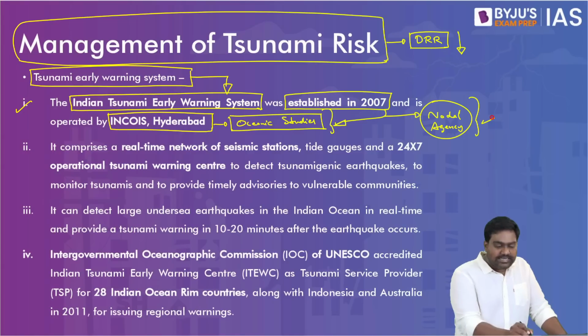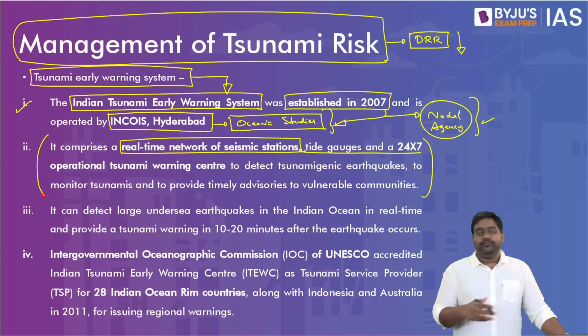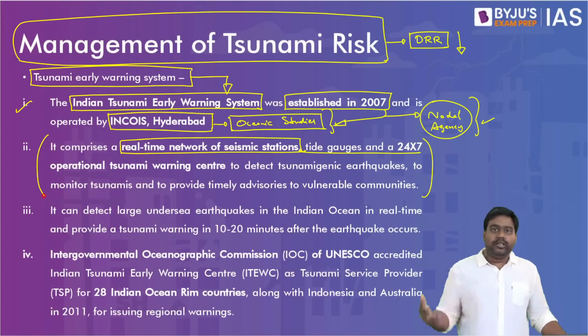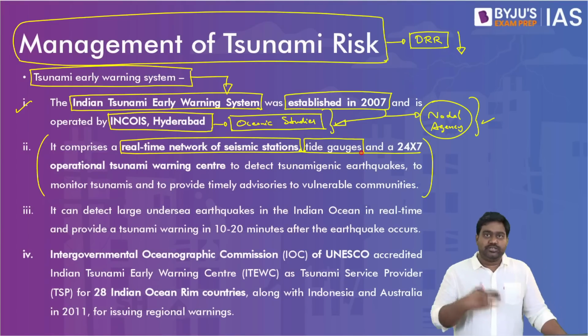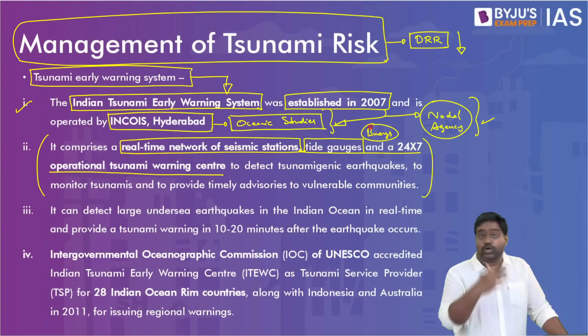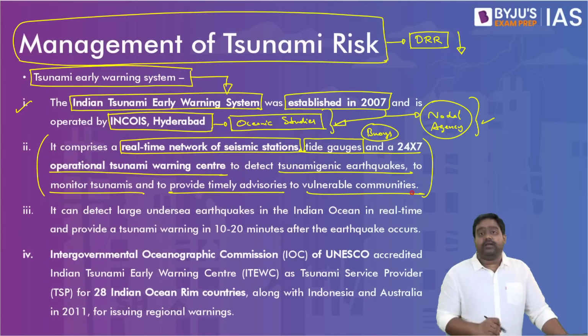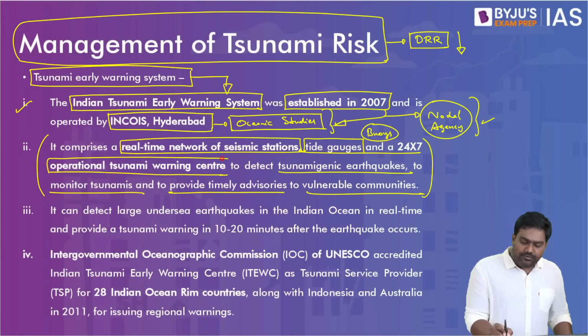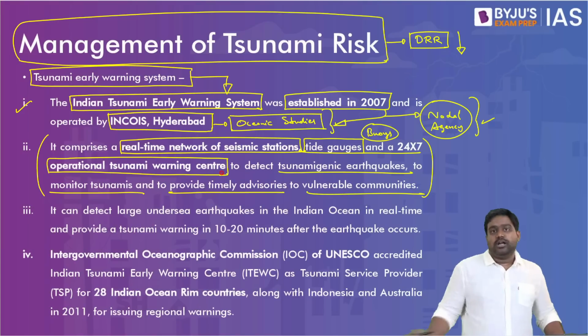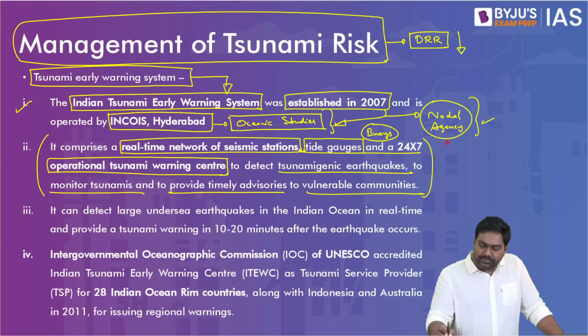INCOIS maintains a real-time network of seismic stations all along the Indian Ocean, on the seabed, in the Bay of Bengal, Arabian Sea, and across the Indian Ocean. It has also installed tidal gauges to measure the tides. It has deployed these buoys, which we saw in the picture, that transmit the data to India's satellites. Even satellites can track the movement of the tsunami wave, and all the information is relayed in real time to a command control center. So INCOIS will immediately issue real-time alerts